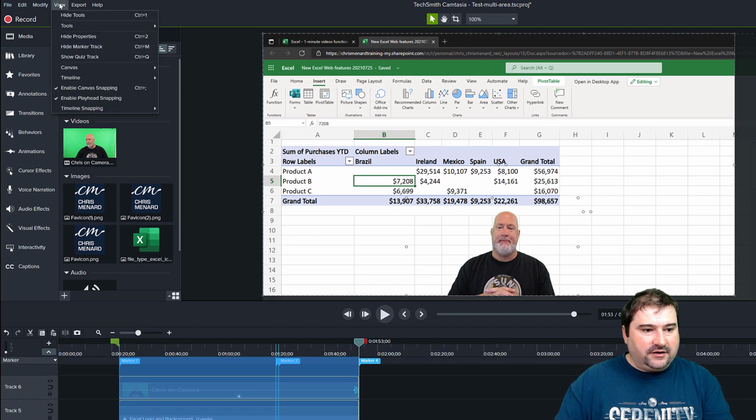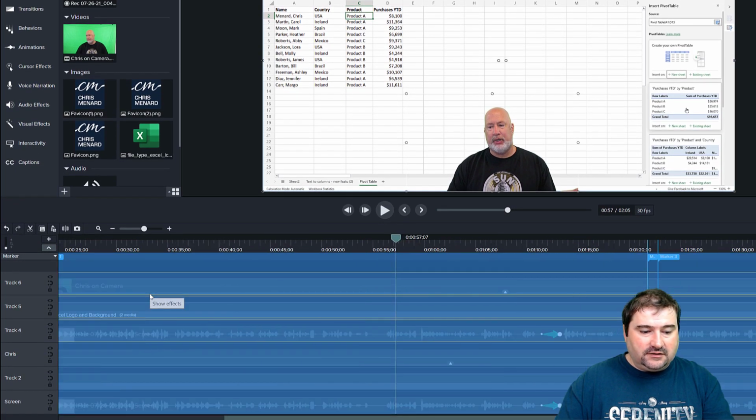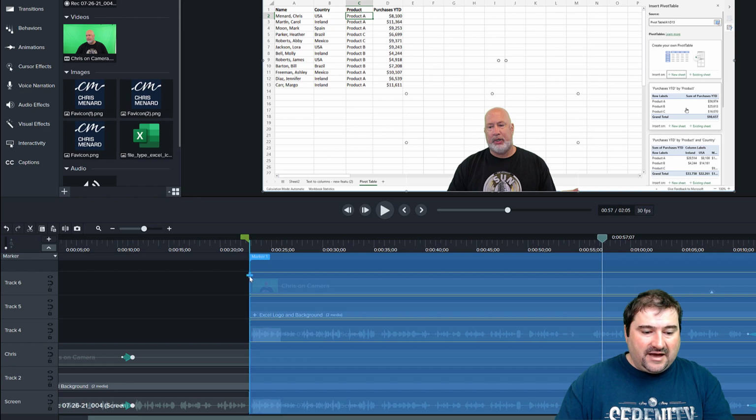You can do that by going to the View menu, Timeline Snapping, and enabling all of these snapping points, particularly the markers, the playhead and the media edges. If I zoom in, this helps you match the start of your selection with the copy of the clip. All right, so now my clips are synchronized.